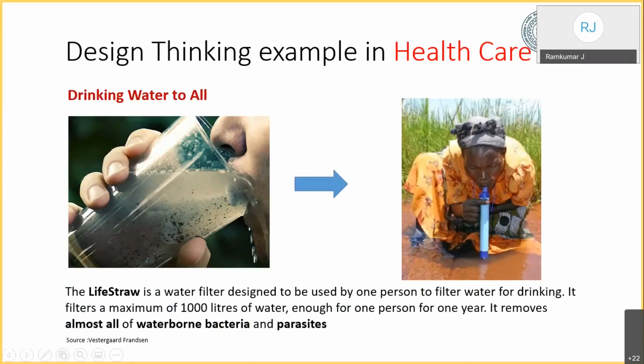Now, if you look into it, they did an empathy study. Until and unless I drink this water, I will not have a feel for the people who are suffering by drinking this water. So what I'm trying to say is, if you are trying to develop a product, you become a customer of the product first and start undergoing the plight. What if this product is not there? How will life be?